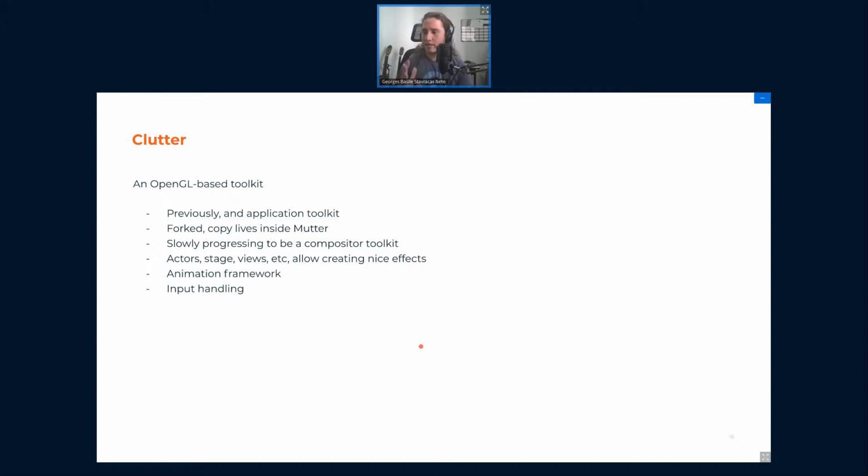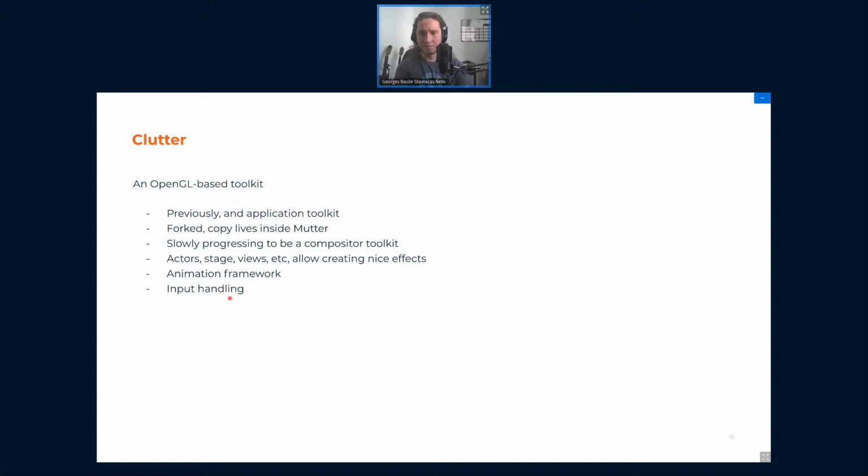In the past, when Clutter was an application toolkit, it used to handle input itself. Nowadays, it has all the abstraction layers in terms of Clutter seat and family, and Mutter implements these abstractions differently for when it's running on Wayland and when it's running as an X11 compositing window manager.